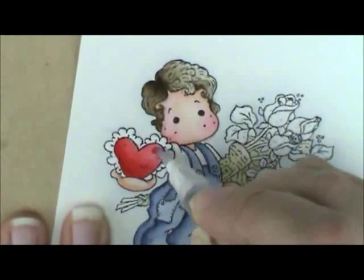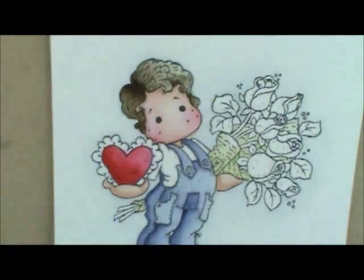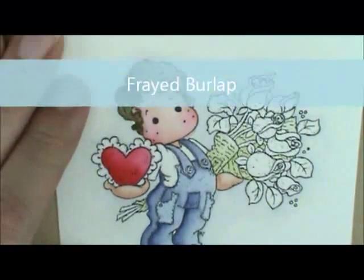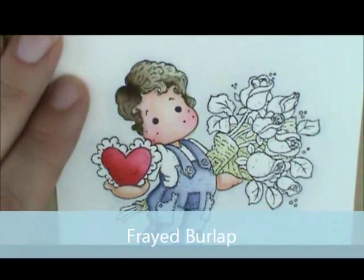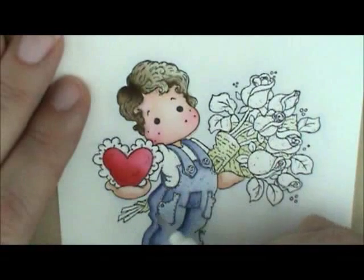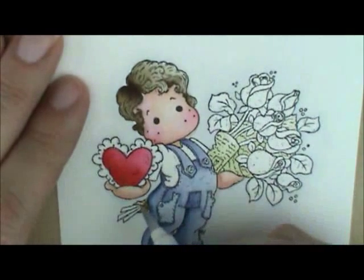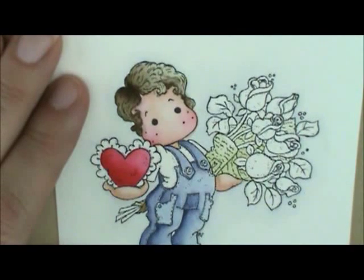Looks pretty good. Alright, so while that's drying, I'm going to go down here and add some color to my paper. So I'm going to add my second coat, which is going to be frayed burlap. So I'm going to go ahead and grab some of that. And I just want to add it where I want to add some shadow. So I want to add a little bit of shadow to this bottom piece of paper, here, maybe right here in the seam a little bit. You're just going to have to go along and kind of see where you want to add some shadows in there. Okay, and so for this paper, I definitely want to have some shadows right next to his body